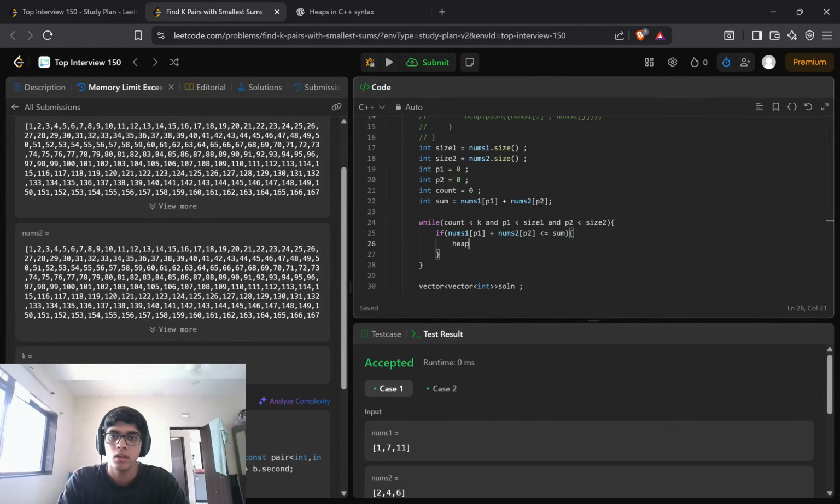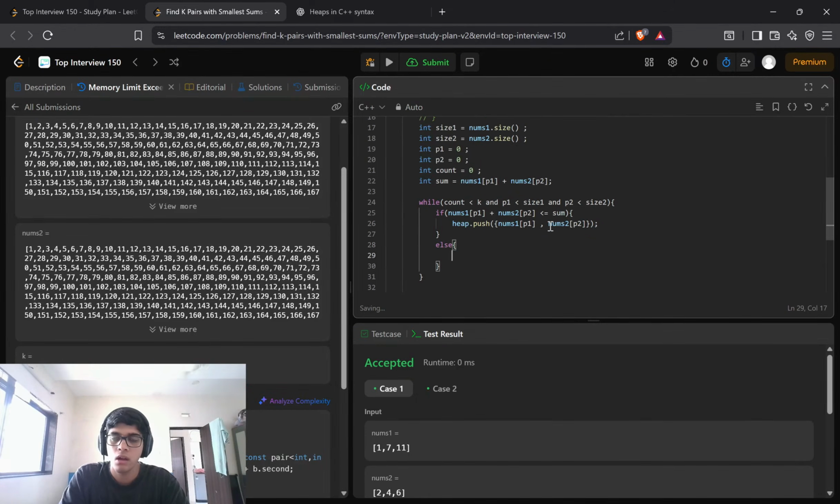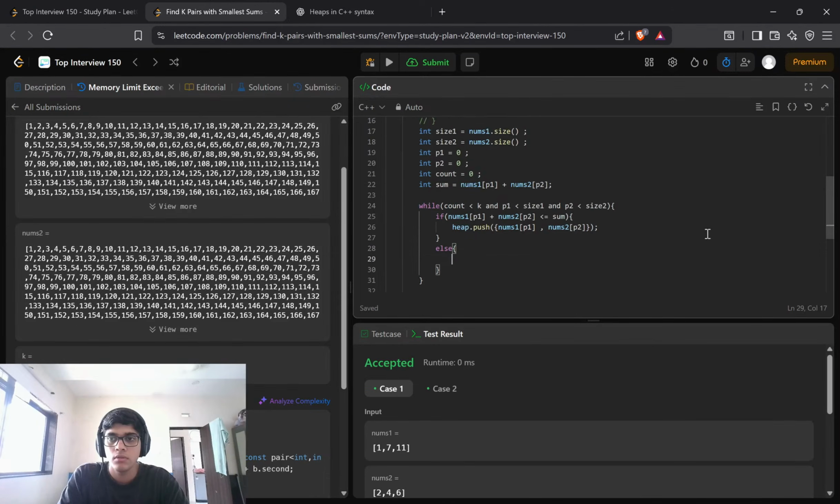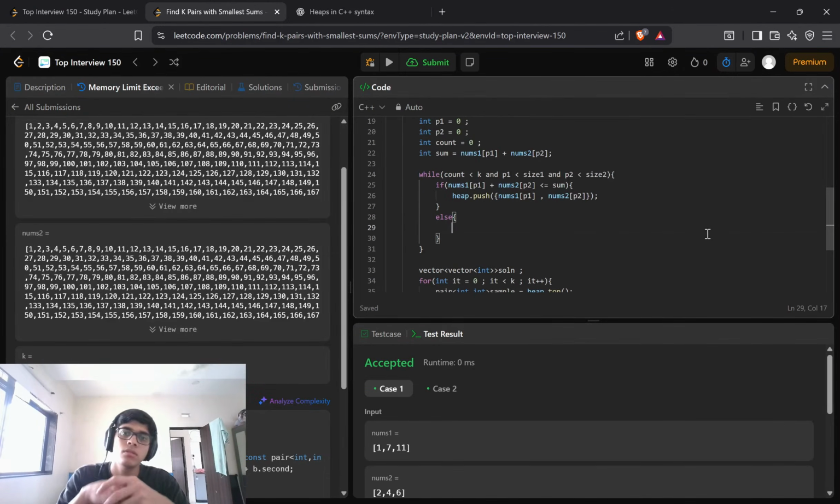Then I'll just say heap dot push nums 1 of p1, nums 2 of p2. Else now I'll have to take the minimum, right? So either I can move